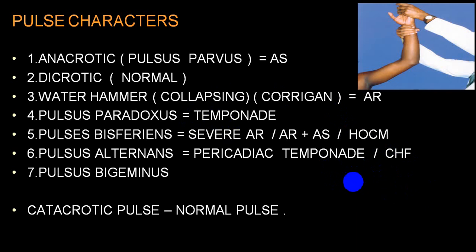And there is a third variety of pulse we call pulsus bigeminus, where you get one pulse of good volume immediately followed by a second pulse which will be of a different volume. This is pulsus bigeminus. And the normal pulse is described as a dicrotic pulse, or it is also called a catacrotic pulse. These are the different terms which are being utilized. You should be aware of all this terminology. They can be asked to you in your oral.